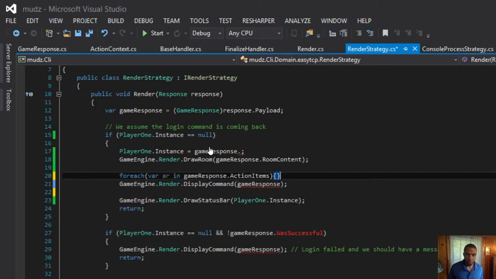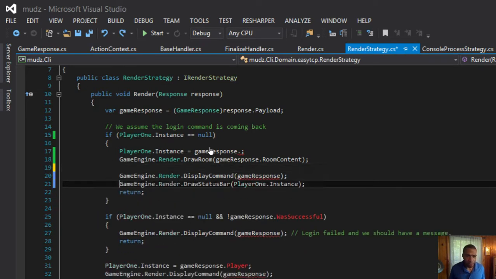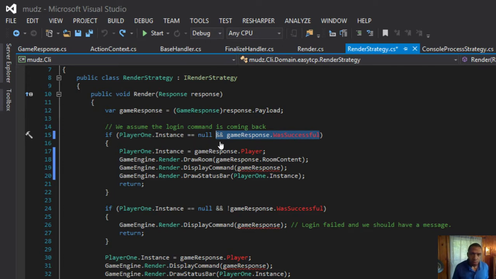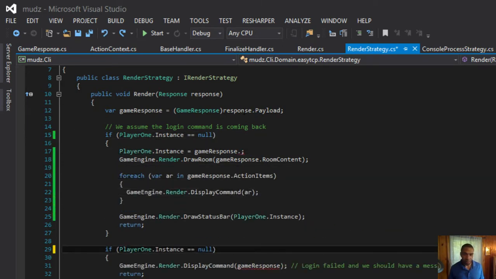Hang on. Sorry, I just need to back up for a second and see what. Oh. So this is our really lame attempt to handle this login condition, which just means that we won't have a player instance.